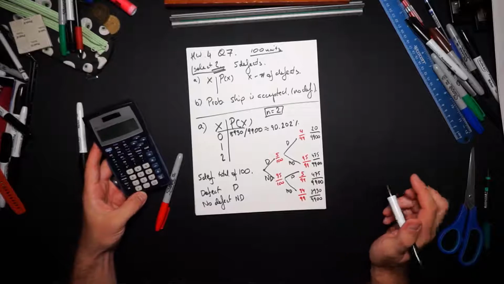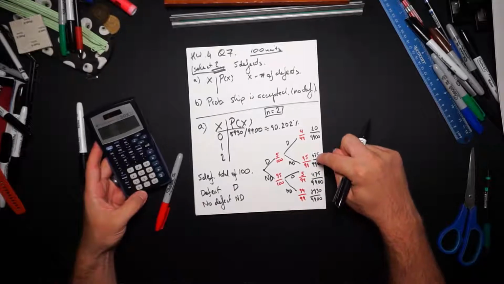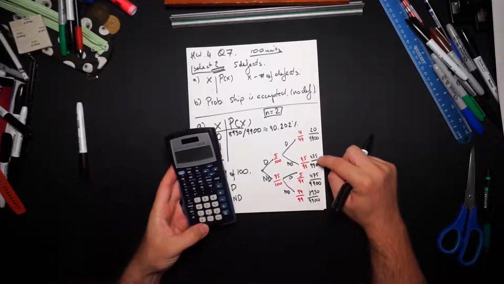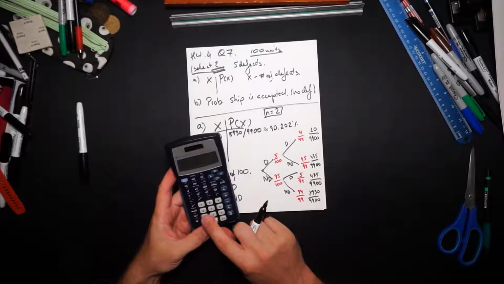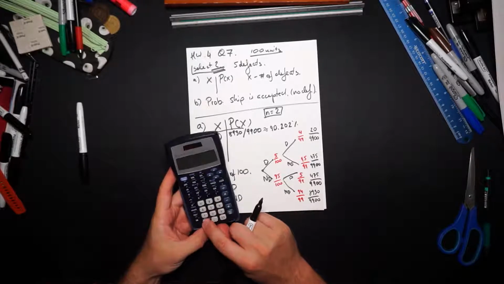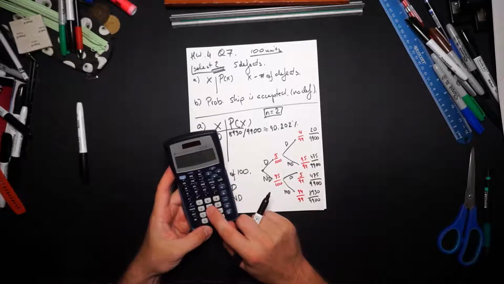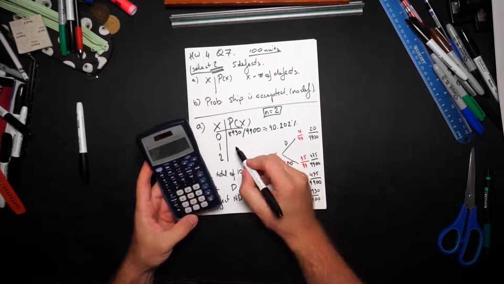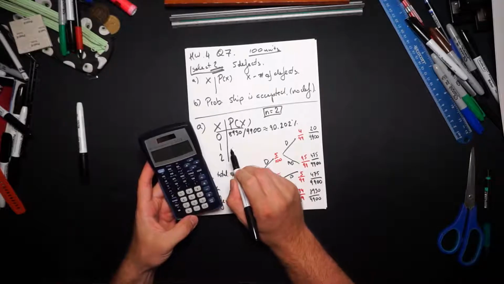That's not bad. Right, one defect. Well, one defect is either we go this way or we go this way, or addition rule. So we need to add these two together. So it's 475 divided by 9900 times 2. Why 2? Because there's 2 of them. They're exactly the same. And that comes out to be, well,